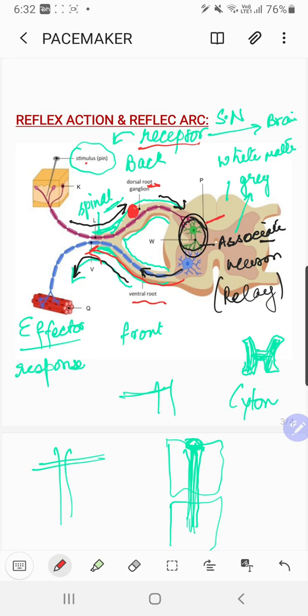So that's why we say that it is an electrical impulse. Just the way the cardiac impulse is electrical, the nerve impulse is also electrical. That's why it gets transmitted very quickly, right? So just understand this much, that a spinal cord contains gray matter in, white matter out. In the center is the central canal, right? This is also filled with the cerebrospinal fluid.